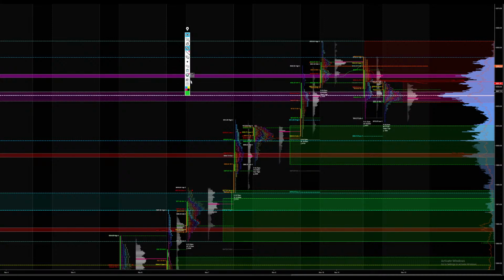Now as far as the short side, there's a big supply zone here and here, and the market is right at the most traded price of the week. Remember I said the key levels: there's that 60.35 right here in the overnight high, and you have supply right here. And that 60.25 is kind of your bull bear line. You see all the volume in the overnight here? It's right here. Those are most likely longs